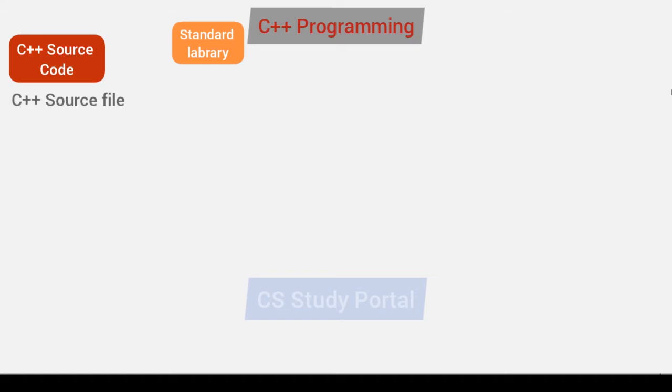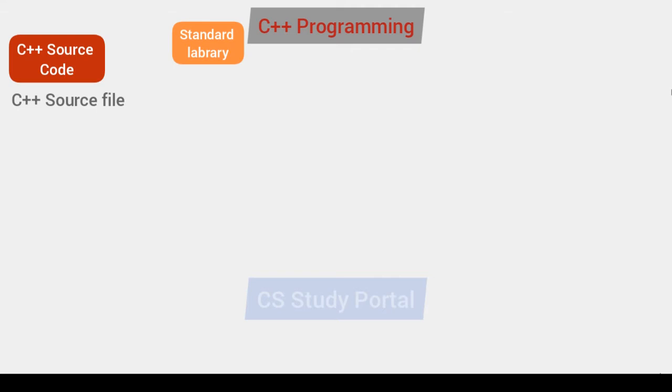So let's say in your program you want to print some text on the screen. All you have to do is use the built-in features available in the standard library, provide the text that you want to print to that particular feature, and it will do that job.